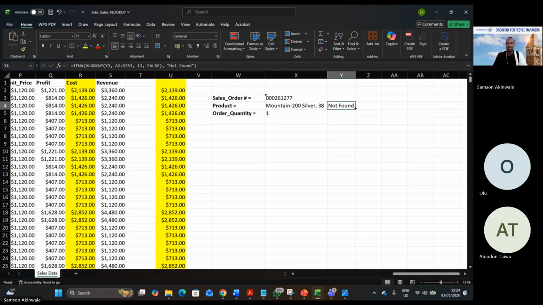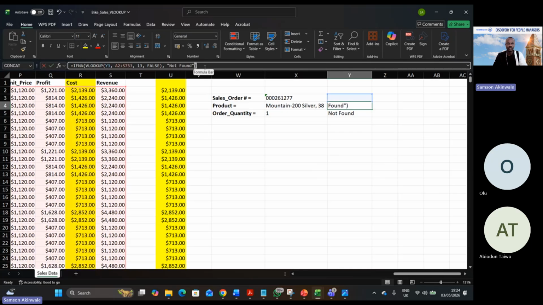Can you see now? It's giving me not found for both of them. And the reason is because I have told the formula what to do when it has an error. It's actually an error. So if I remove the layer of the extra information and I remove this final parenthesis,